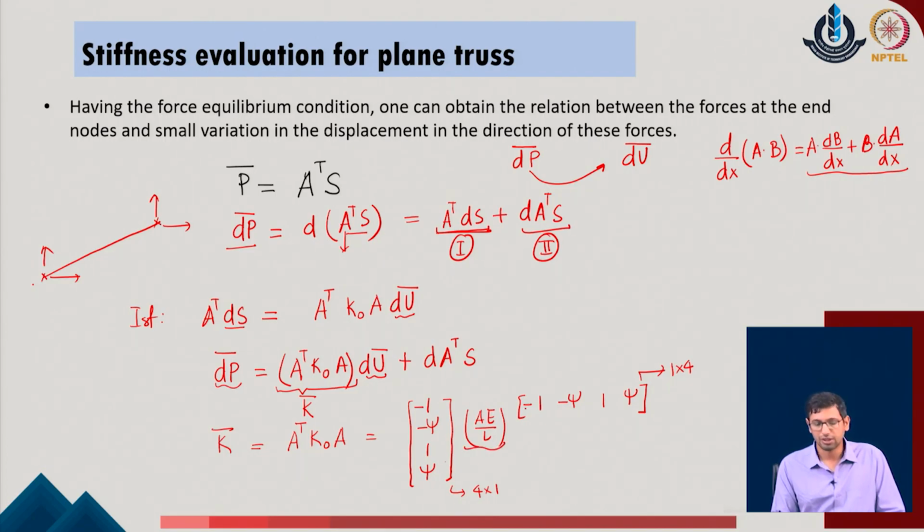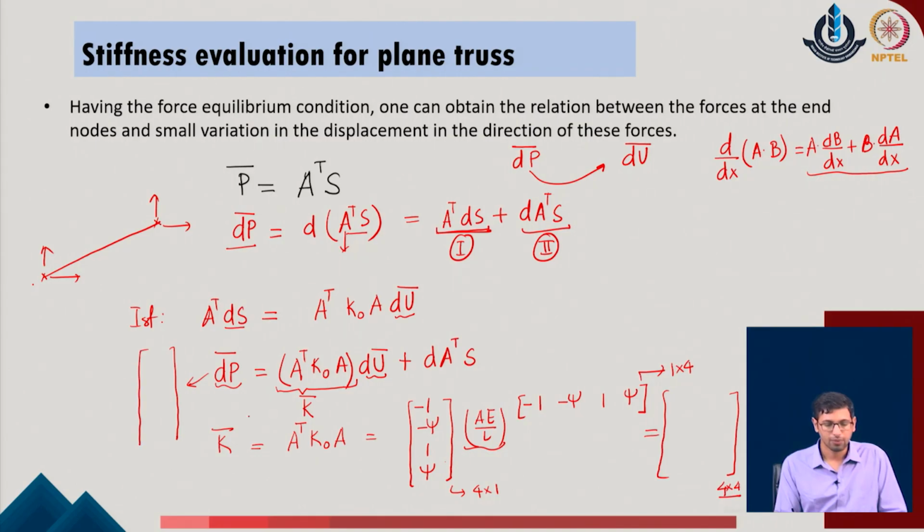So, if I multiply these two vectors, I will eventually end up with a 4 cross 4 matrix in the given system, which means that the 4 nodal displacement values which are identified will be related to 4 displacements at the nodal values, and of course, that is what we realize, that this has to be connected with the 4 cross 4 matrix, and that is the 4 cross 4 stiffness matrix of the given system.